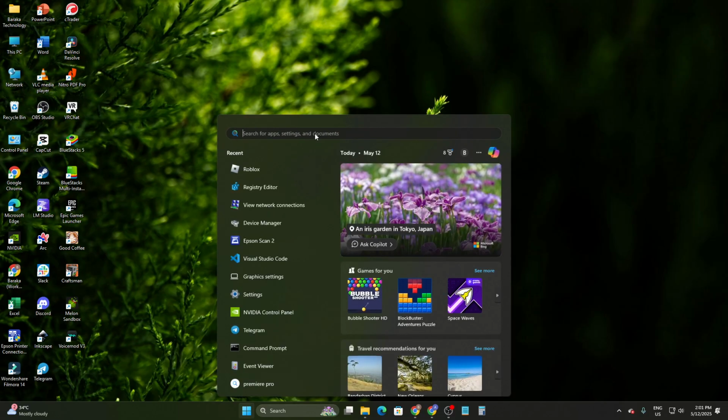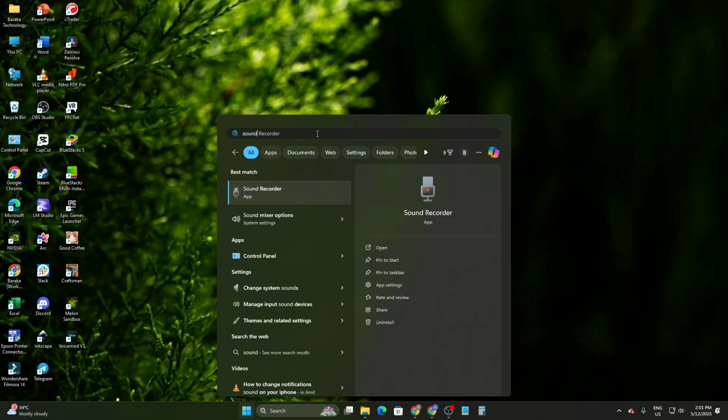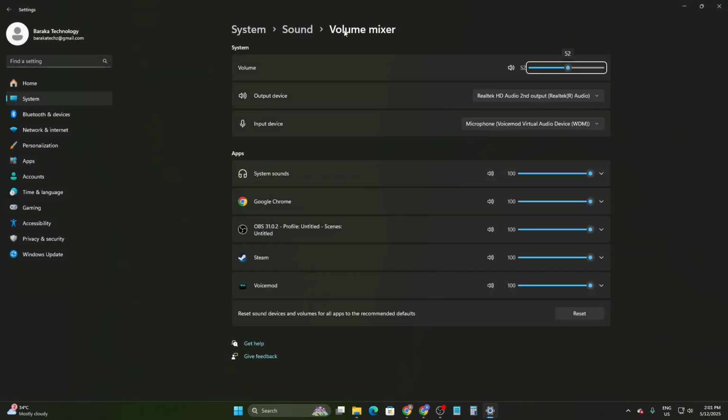Then you can simply search for sound and the sound mixer option. Here it is. So you simply click on it, where you can find the system, then go to sounds and go to volume mixer. So where you are on volume mixer, after just staying on that game, I again repeat that you have to log into your game, and with that game logged in